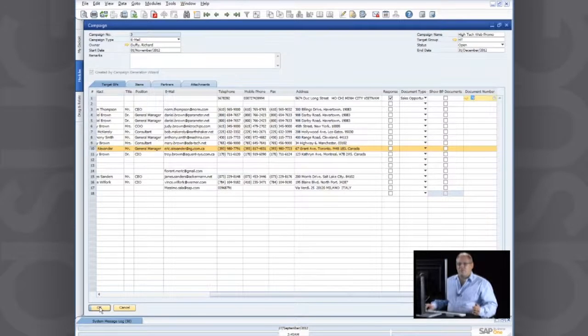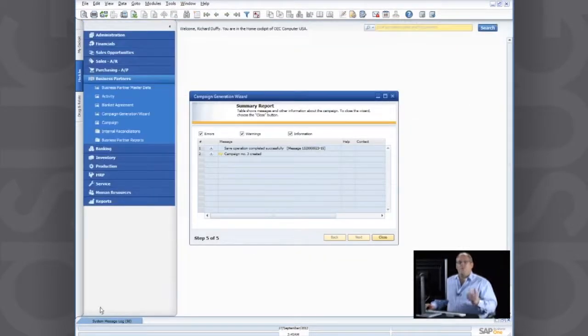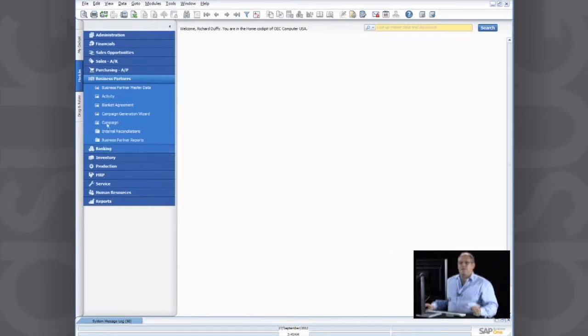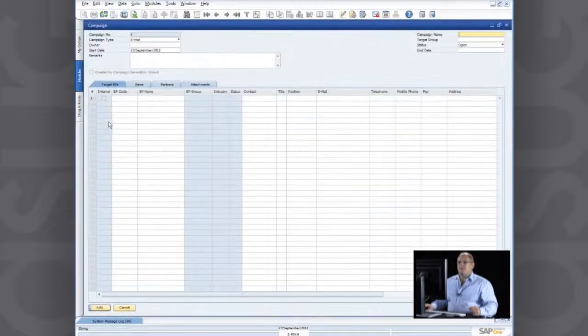So let's go back and review what we did. We went in, we created our campaign. We selected all of the people that we wanted to execute this campaign with. I generated the campaign into a list because I want to take that list and use an external tool to run the campaign. I've then gone on from that and I've started my campaign, and I've already started to receive inbound inquiries. So now, if I close my campaign wizard and I look at my campaign,